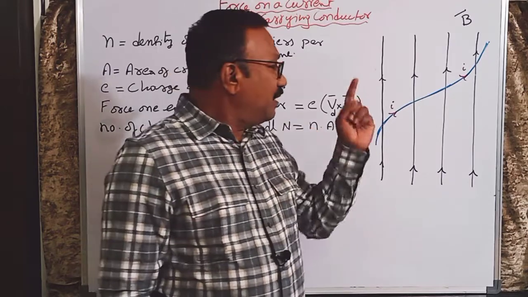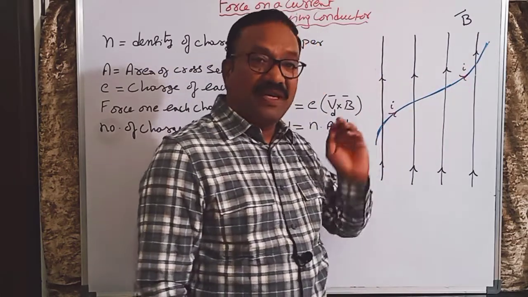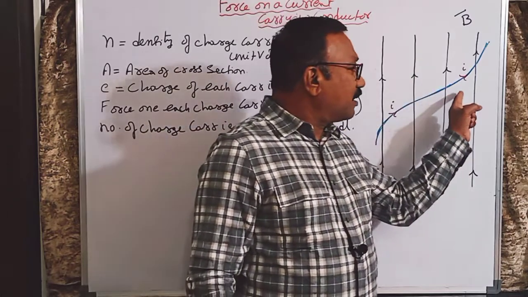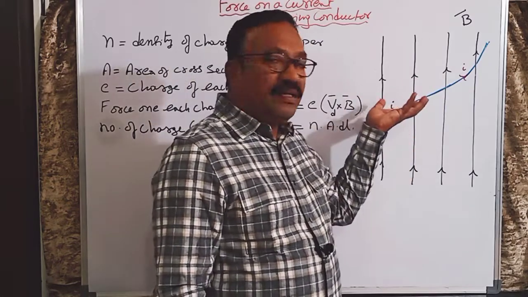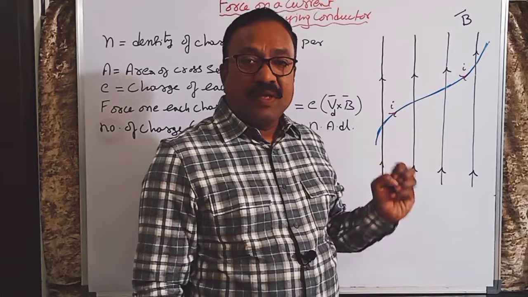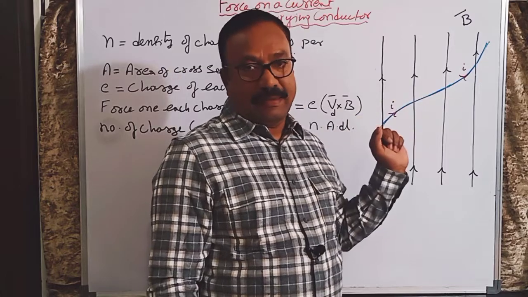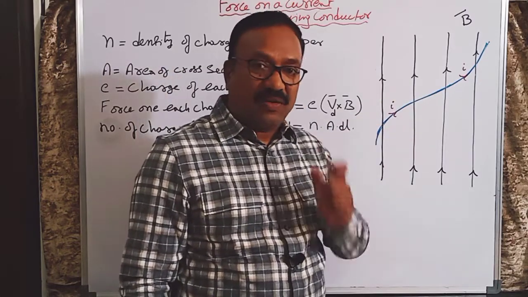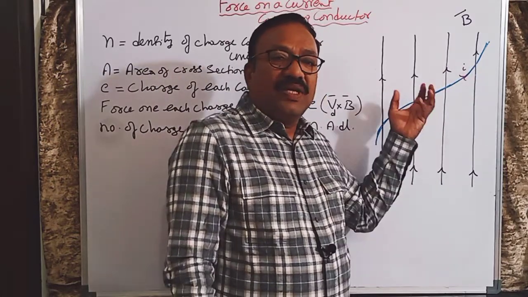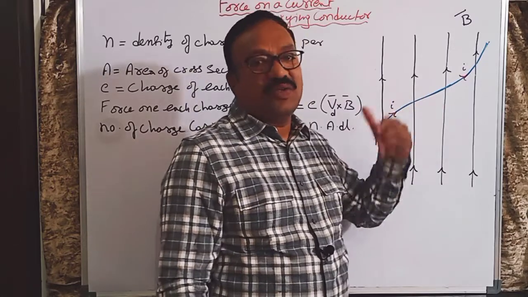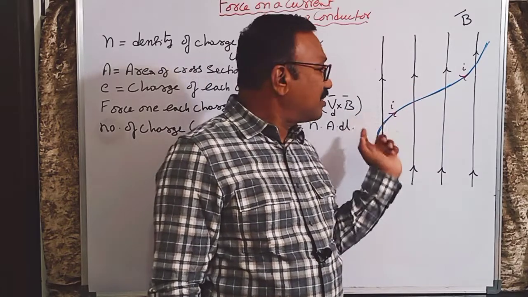Whenever a current is flowing in this wire, electrons are flowing opposite to the direction of the current. So in this conductor, electrons are flowing. They are nothing but charged particles moving in a magnetic field. Therefore, those electrons moving in the magnetic field in the form of current will experience a force. The electrons cannot come out of this conductor. So because electrons are experiencing force, the conductor also experiences the force, due to the flow of electrons in the conductor.